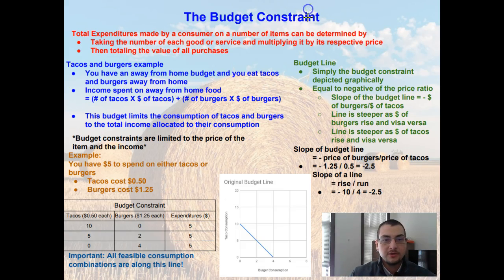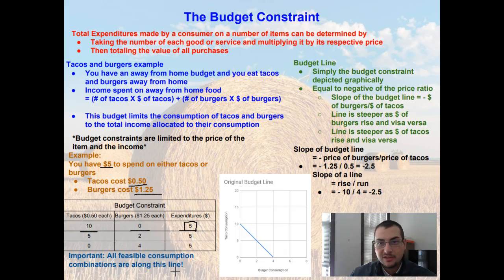Because remember, the whole consumer theory is trying to maximize your satisfaction given a finite amount of money, given a limited budget. So here's our limited budget. We have $5 to spend: 50 cents on tacos or $1.25 on hamburgers. So what if we buy only tacos? Well, we could buy 10 tacos and no burgers, and we spend exactly $5. We know that because it's 10 times 50 cents plus 0 times $1.25 gives us our total expenditures of